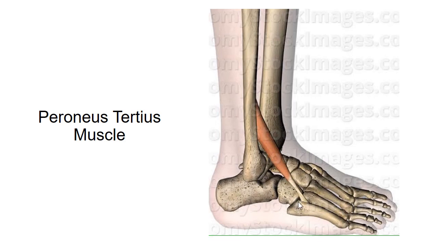Now coming to its action, this muscle also acts as a dorsiflexor at the ankle joint. It also acts at the subtalar and transverse tarsal joints here, contributing to eversion of the foot. In addition to this, it may play a special proprioceptive role in sensing sudden inversion and then contracting reflexively to protect the anterior tibiofibular ligament.